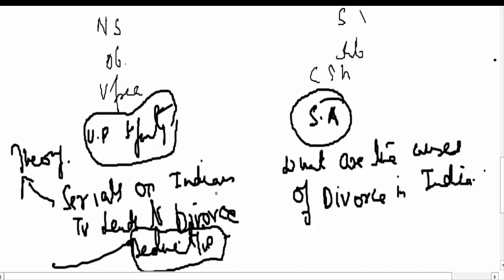So there we have a theory, but in this case we say we don't know. There may be many causes of divorce, and what are those causes? We have to use what's called a theory building approach, or inductive approach. That is basically the second layer in the research onion, which I talked about in the beginning. So it is called the inductive approach.